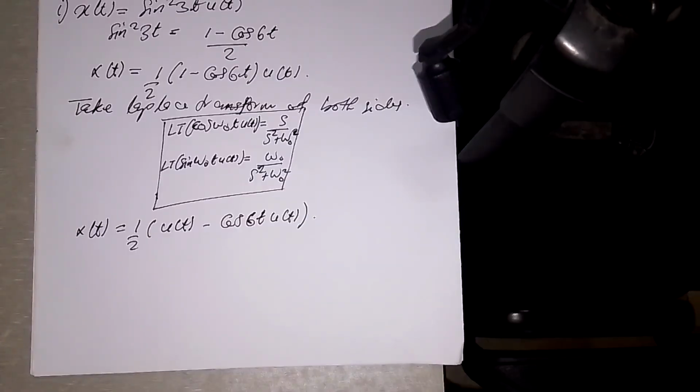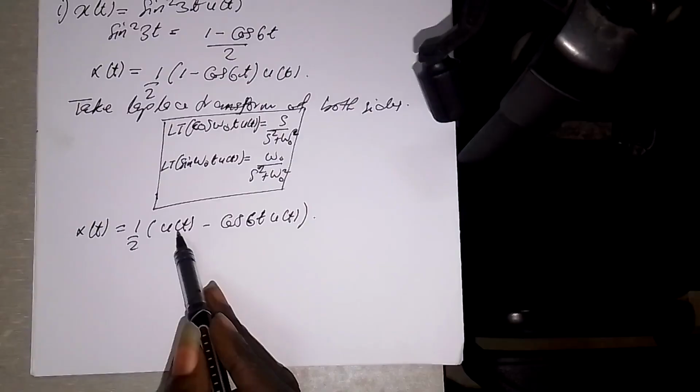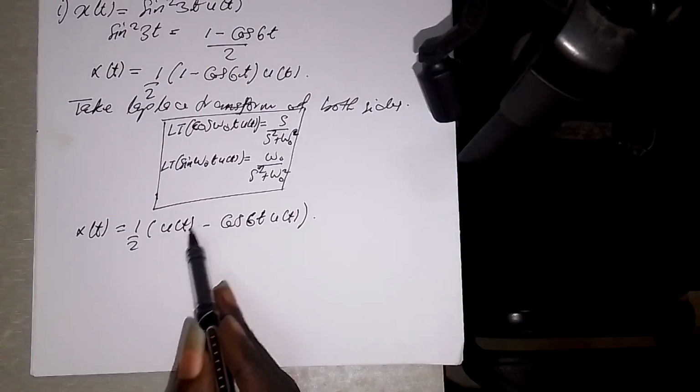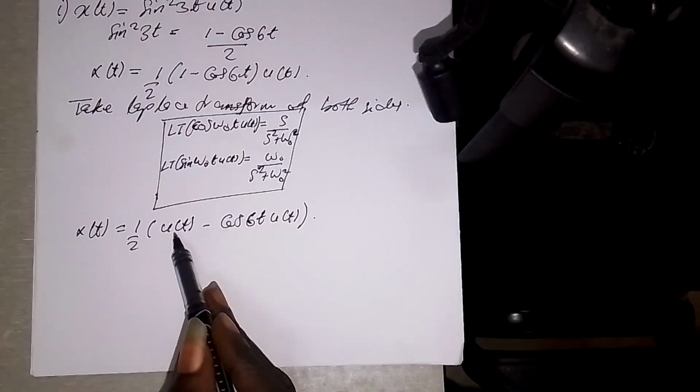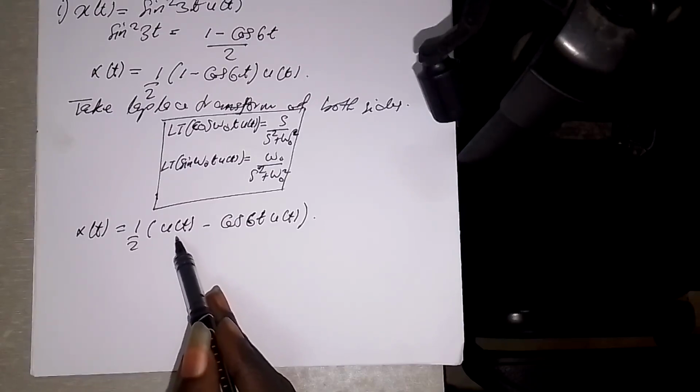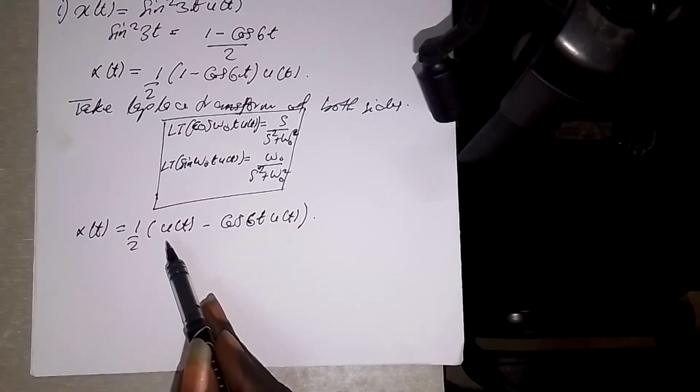Now I can take the Laplace transform of both sides. It will be very easy for me. You should also remember that when we were doing the unit step signal, the Laplace transform for u of t, we got